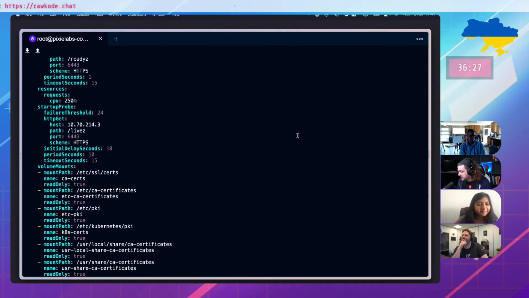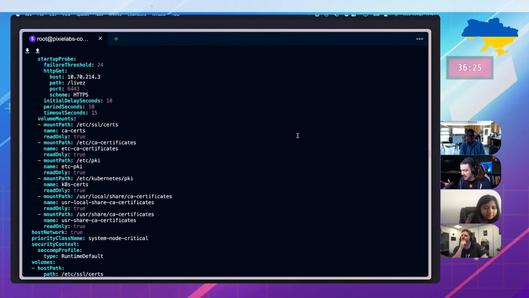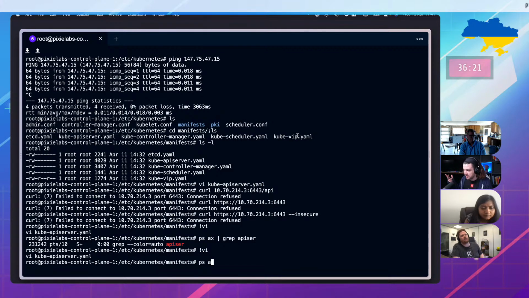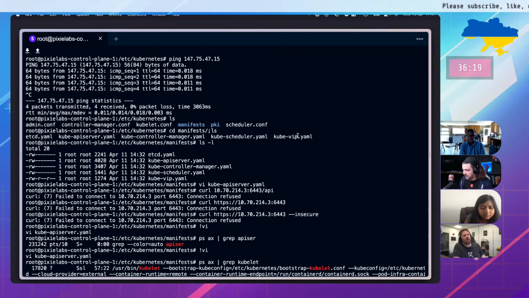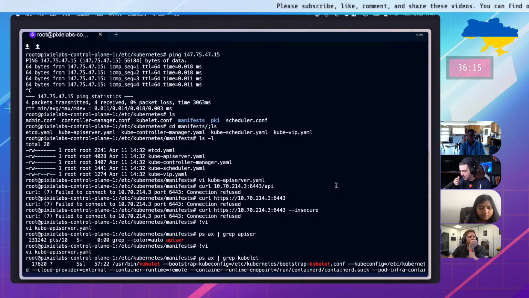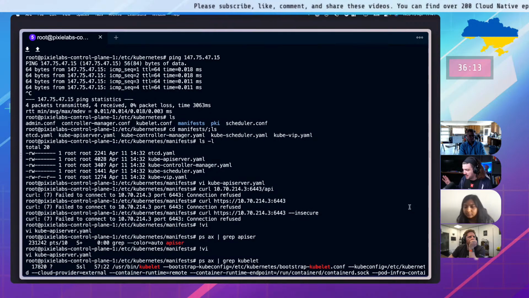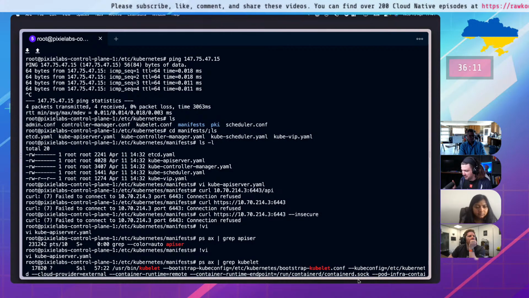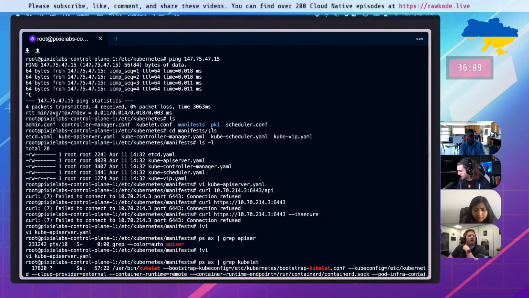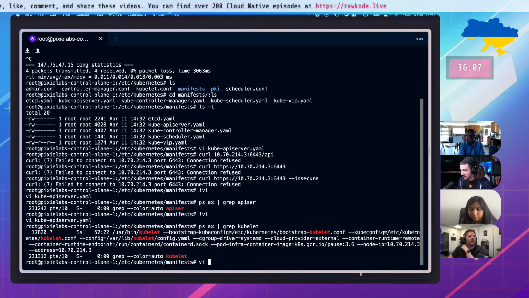So the other thing we could do is check the kubelet, because this is a static pod. So if it's not running for some reason, we could check the container runtime, as well as the kubelet logs for why it might not be running. Or do we think that we just don't have access? Maybe I'm a little behind. I don't know that we verified that it's actually running and listening on that port.